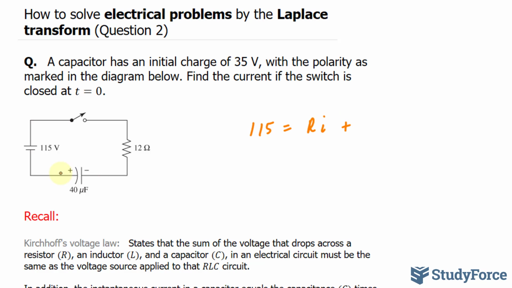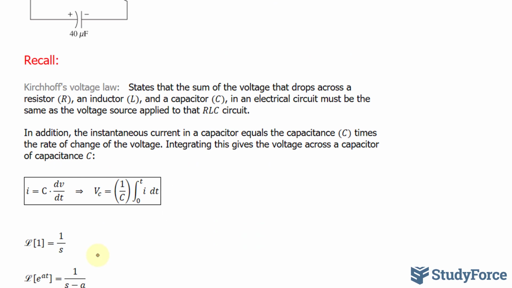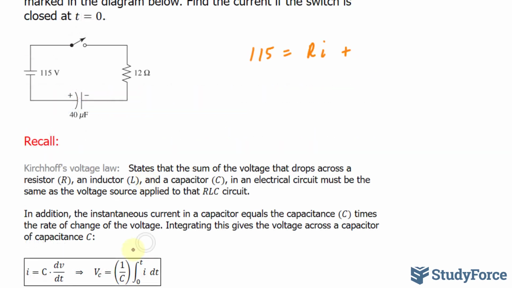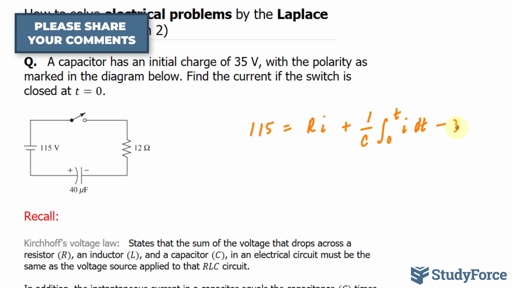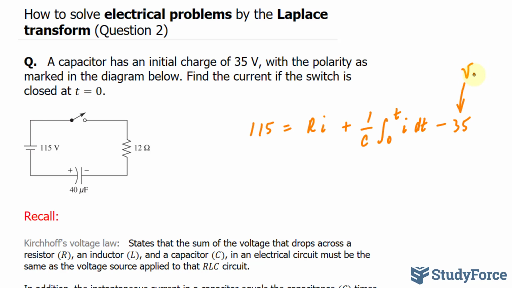The voltage across this capacitor is represented by this equation, where we have 1 over the capacitance times the integral of I between 0 and t. So I'll take this and place it right here, 1 over C times the integral between 0 and t of I dt. Also, according to the question, the capacitor has an initial charge of 35 volts, so I'll need to subtract 35. So this number right here is technically the voltage of the capacitance. Now that we've written our equation, I can take minus 35 and bring it over to the other side,